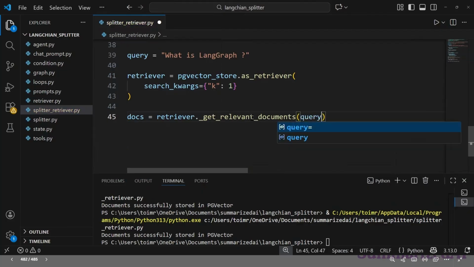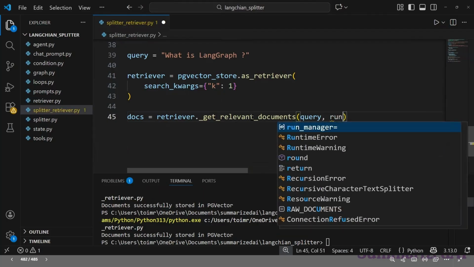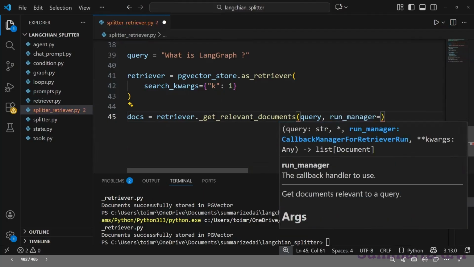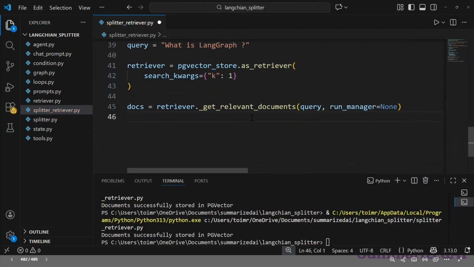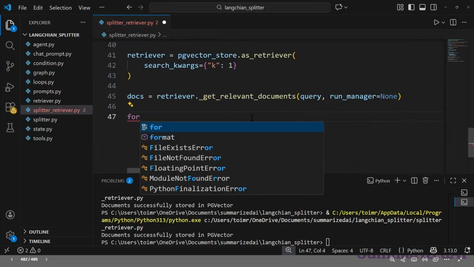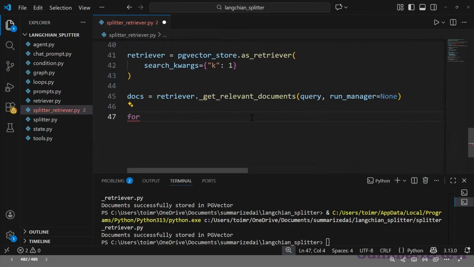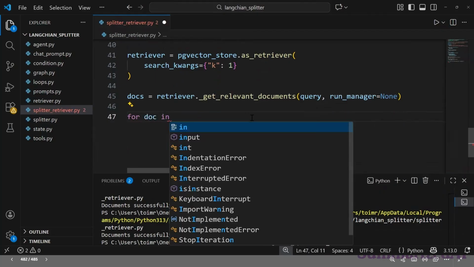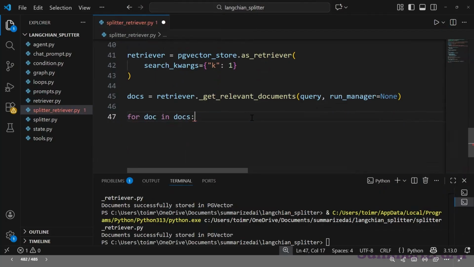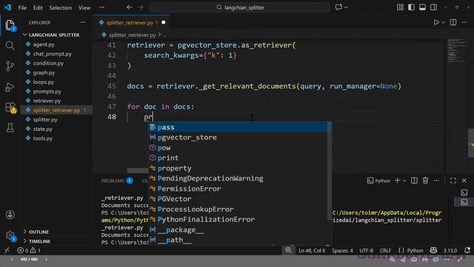Pass your query here and then say run_manager equal to None. So we don't require a run manager. And you can write a loop because you are going to get multiple documents. So you can say for doc in docs and just print the result